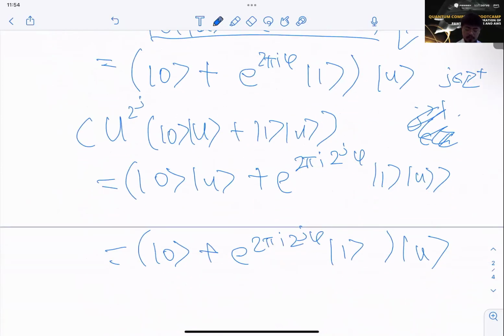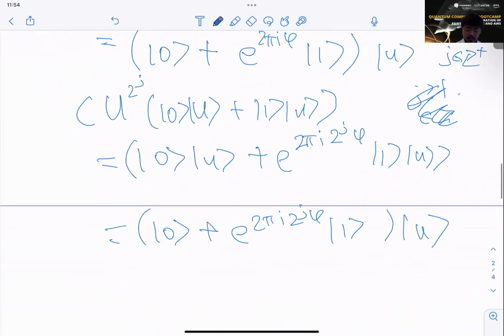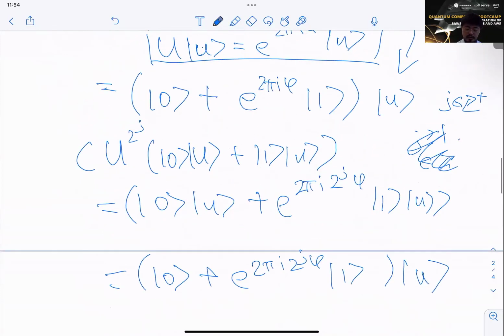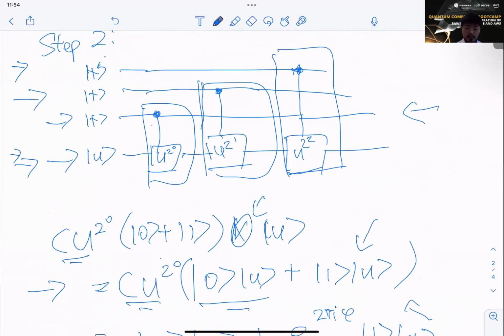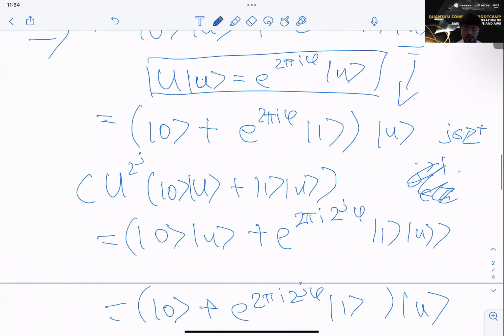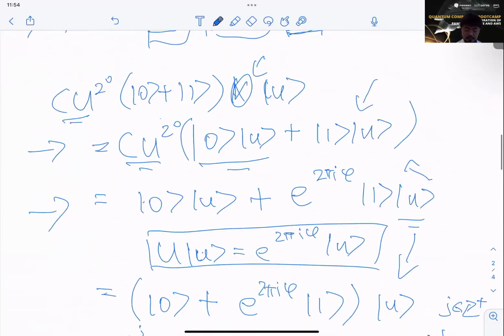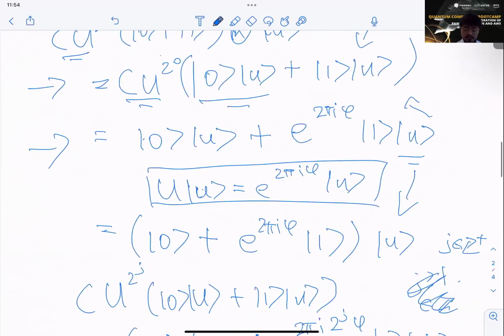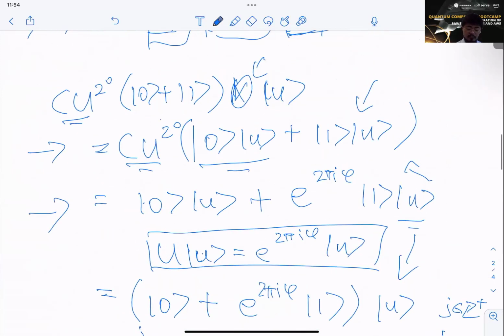Now, over here, 2 to the power of j is basically any integer, like 1, 2, 3, 4, 5, 6, however many that goes. So when we do 2 to the power of 1 over here, it is 2; with 2 to the power of 2, it is 4 over here. And so when we perform step 2,